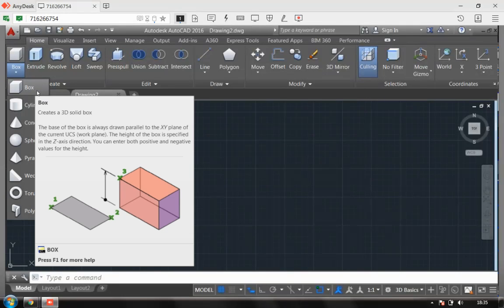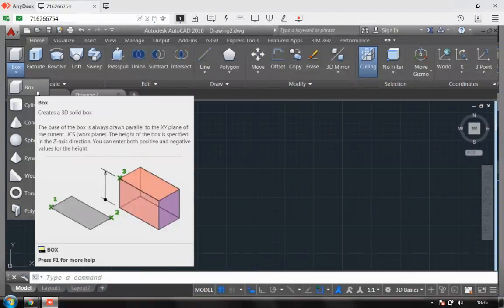When I go for box, it is asking me for three parameters. The first parameter is my first corner, the second is the second corner of the box, and then it is asking for height.